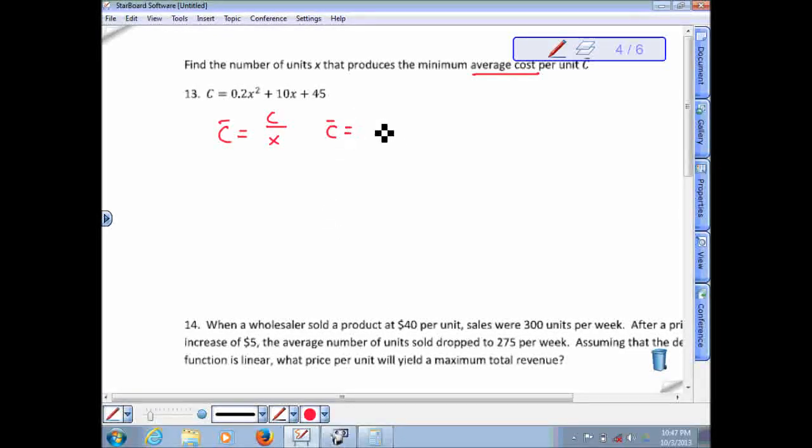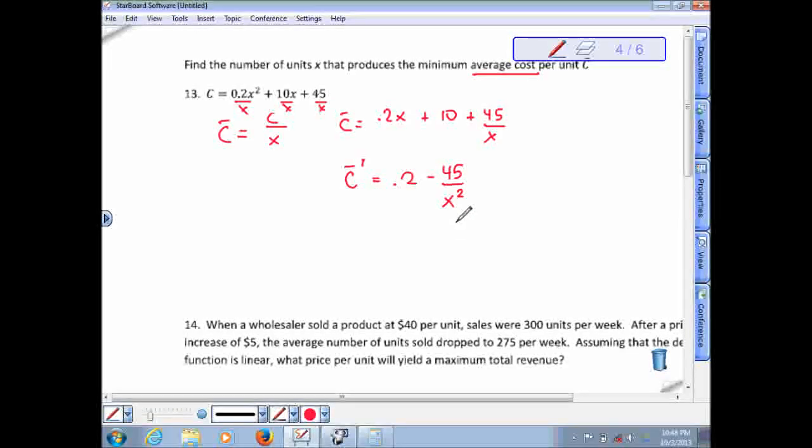So c bar is equal to this whole expression pretty much divided by x, but it's going to make the derivative easier to divide every term separately by x. This becomes 0.2. Now x squared over x is x, and then 10x over x is 10, and 45 over x. Now we take the derivative, we're going to get 0.2 minus 45